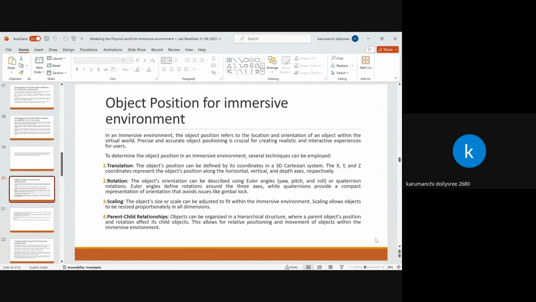So how are we going to position an object in the environment which we are going to create? Here it may be based on the location or the orientation of an object. It should be accurate whenever we are positioning an object, so that it will help us create a realistic and very interactive experience for the users. We have different techniques: translation, rotation, scaling, and parent-child relationships. All these techniques we will be using for object positioning to experience the virtual environment,